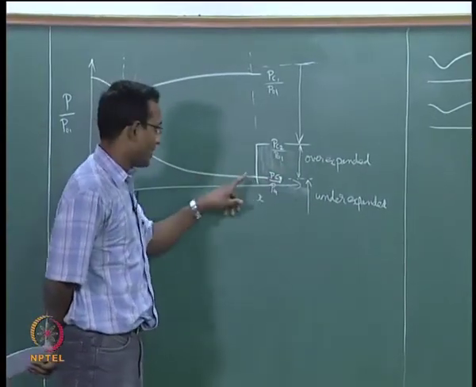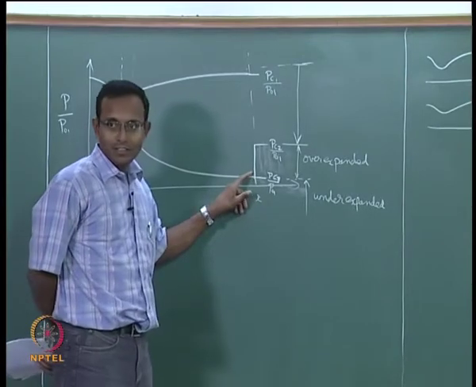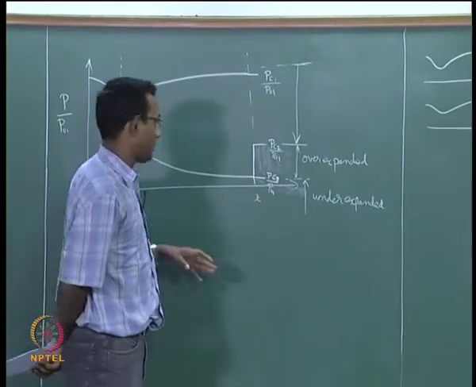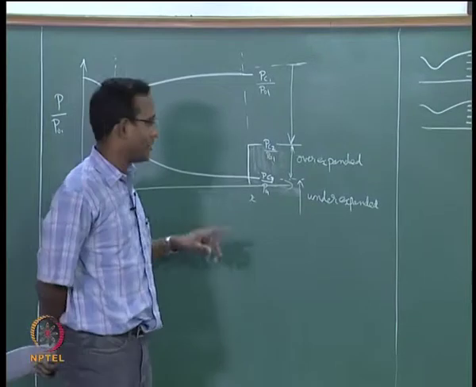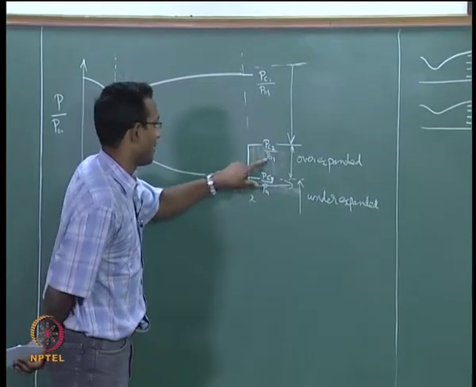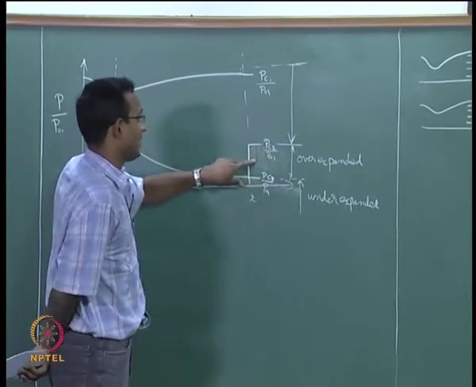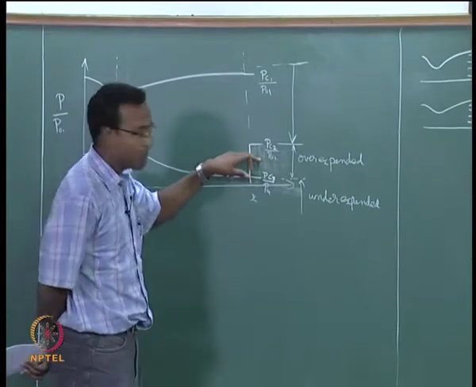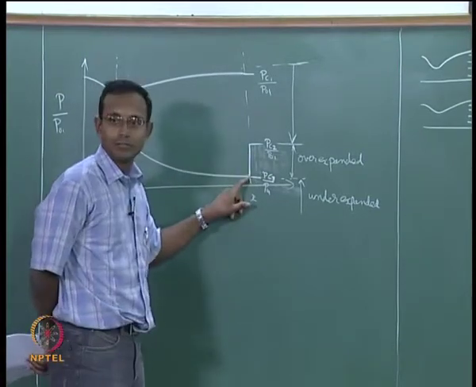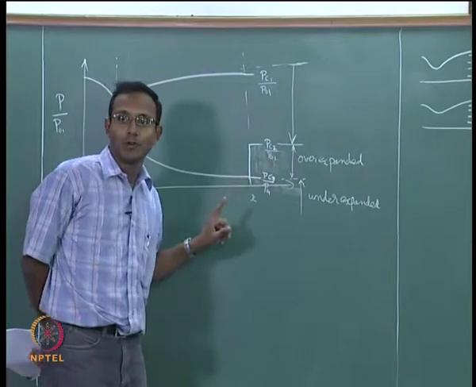Because the fluid at the exit of the nozzle is at a lower pressure. It has expanded too much inside the nozzle compared to whatever we expect. Say I want this line here, I expect this pressure, but it has expanded too much to much lower pressure. That is why it is called over expanded.